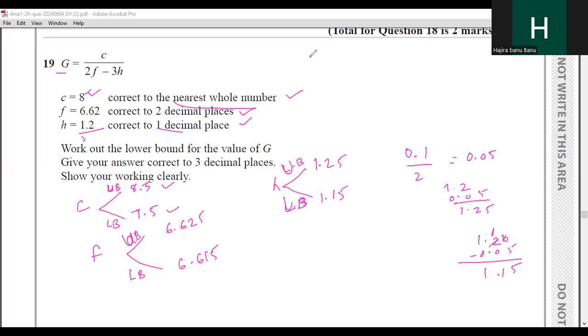So you will be adding and subtracting. Now, after getting all the values, he has asked you to find the lower bound for the value of g. That is, you have to find the minimum value. Whenever you have to find the minimum value, you will divide the minimum by maximum. How you will divide is, you will take upper bound of c, and so upper bound of c is 8.5 divided by, then you will take,